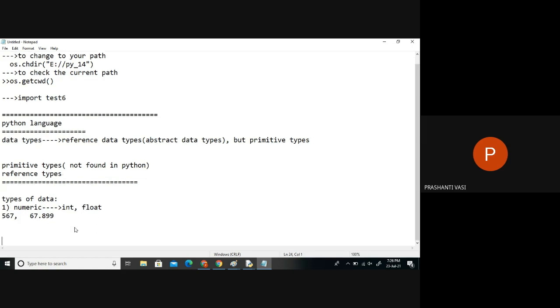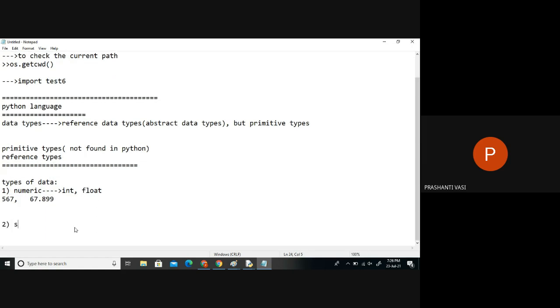The next type of data, I can say, is string type of data. String means text. Text, or we say string. For that, we have a keyword called str. These keywords are specifically used for specific data types. Which kind of data it is, I'll say it's an int data. I'll say this is a float data.